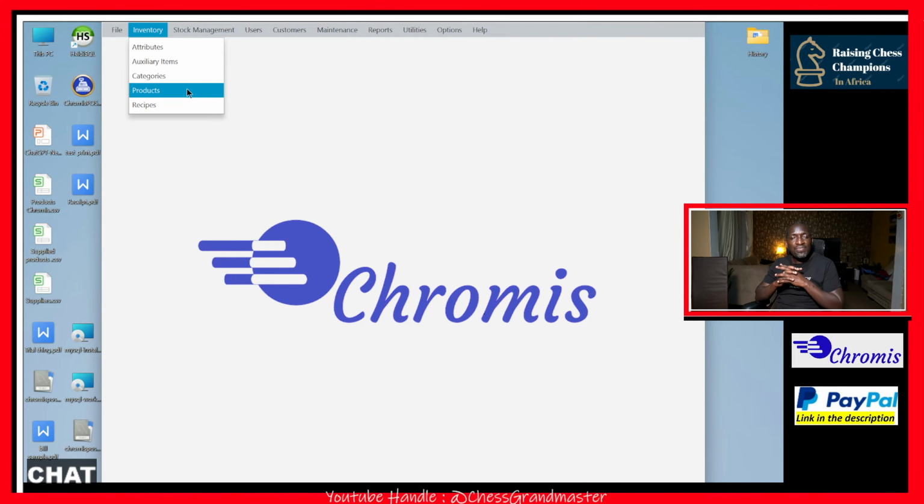Now, initially when I set up this system, I was tempted to create, actually I did create the food we are selling as products, but in fact that is not the best way, because then you miss out on a very powerful tool that Chromis has. So what Chromis is able to do is put together the various ingredients that you use to make whatever food you're making, then allows you to set up what proportion of what you bought is used in that. So for example, if I buy a kilo of meat, and from a kilo of meat I make up, say, 6 portions of